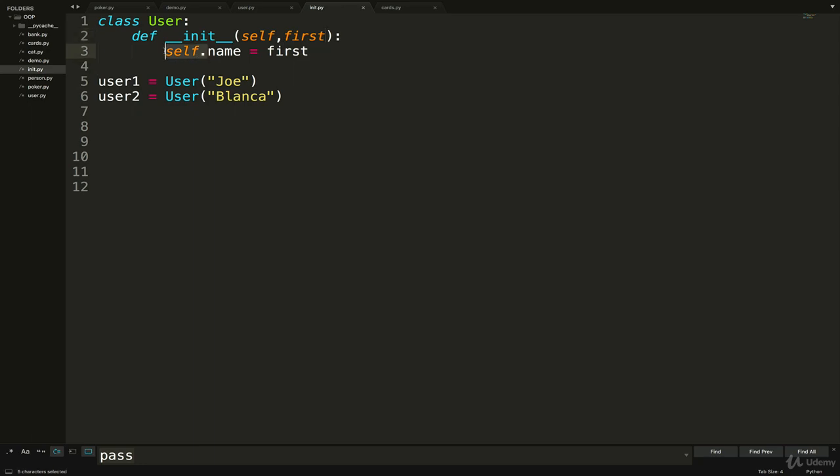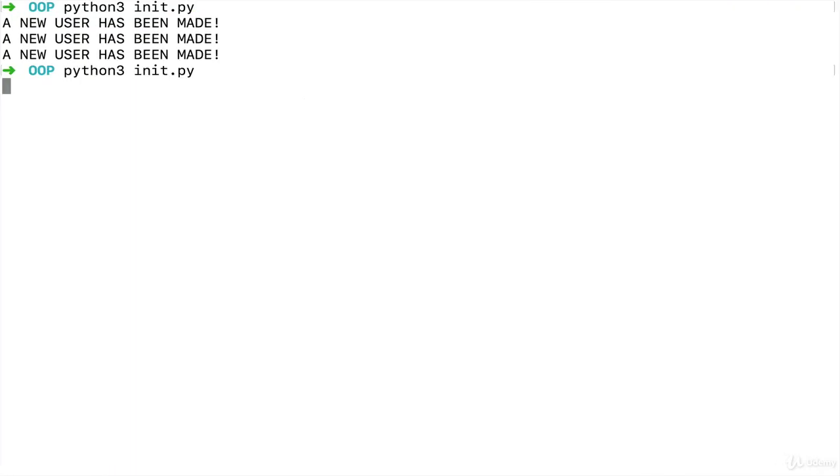And then the word self is going to refer to this exact user here, the specific instance. And then when this user is created, self refers to this user. So it's a way to refer to the individual instances, the current user in this case. So then when I set self.name, I'm setting the name attribute on this user to be Joe, if that's what we pass in, and on this user, it will be Blanca. And if I just execute it now, we don't actually see anything at the end of the day.